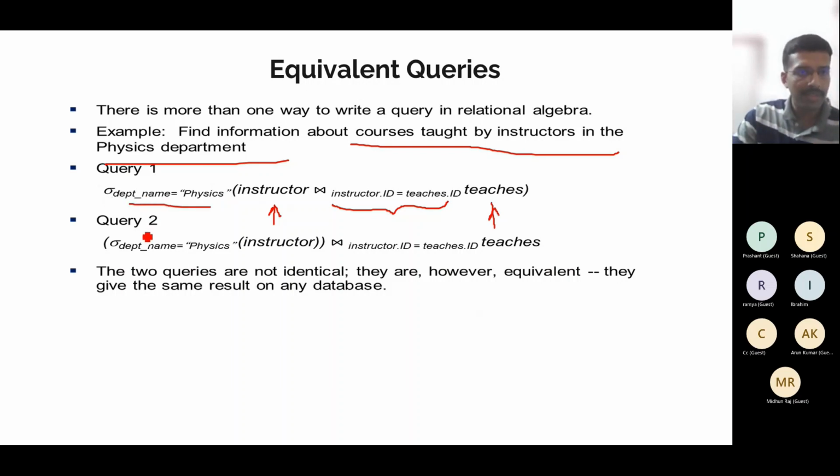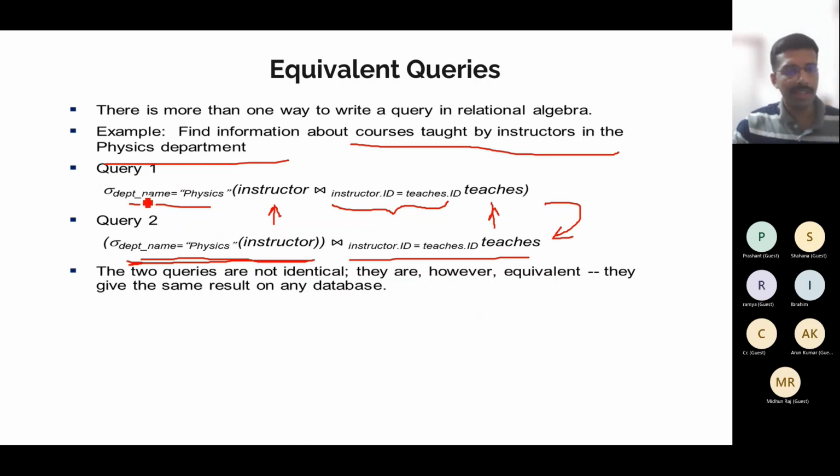Another option is that I can directly select from the instructor table the people who are in the physics department, and using that subset, do a join with the teaches table. If you see both of these, the second one will be more efficient, because in the first you will be doing the full join, say of some 10,000 entries, and then selecting maybe 100 or 1000 entries out of that.